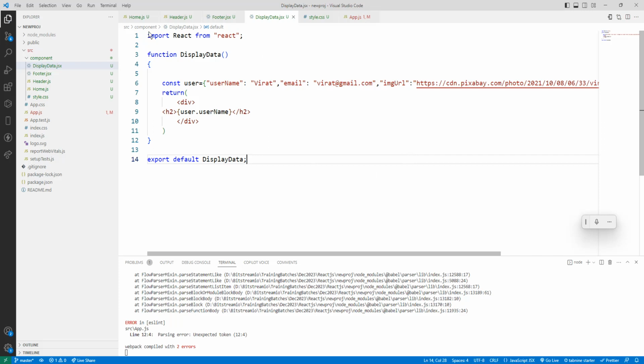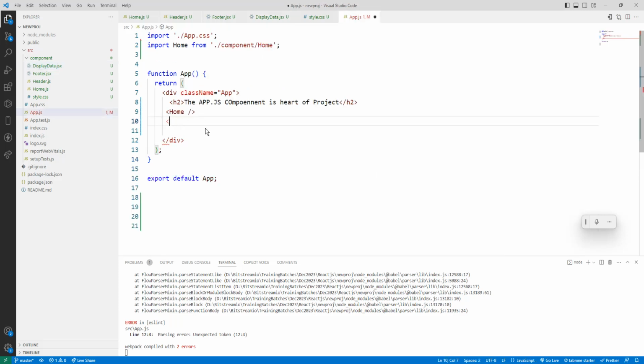Okay, so now what we are going to do in the app.js, less than